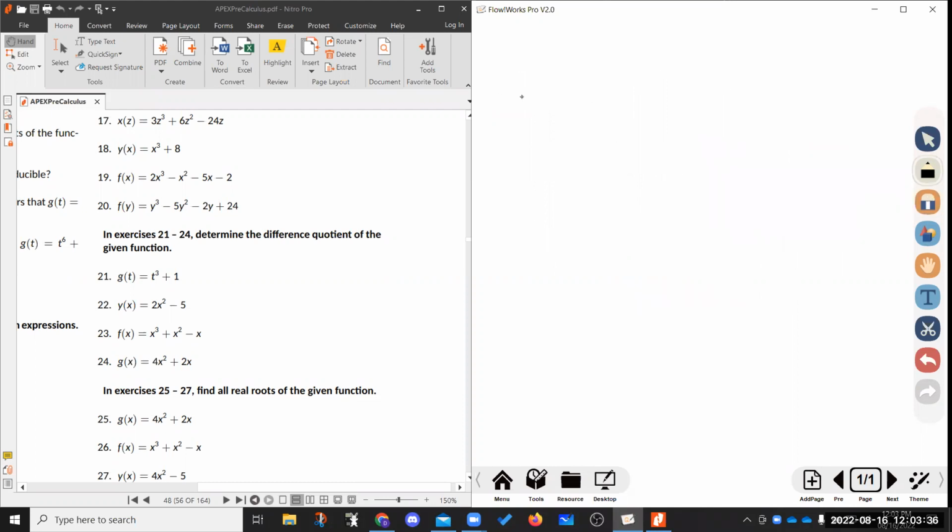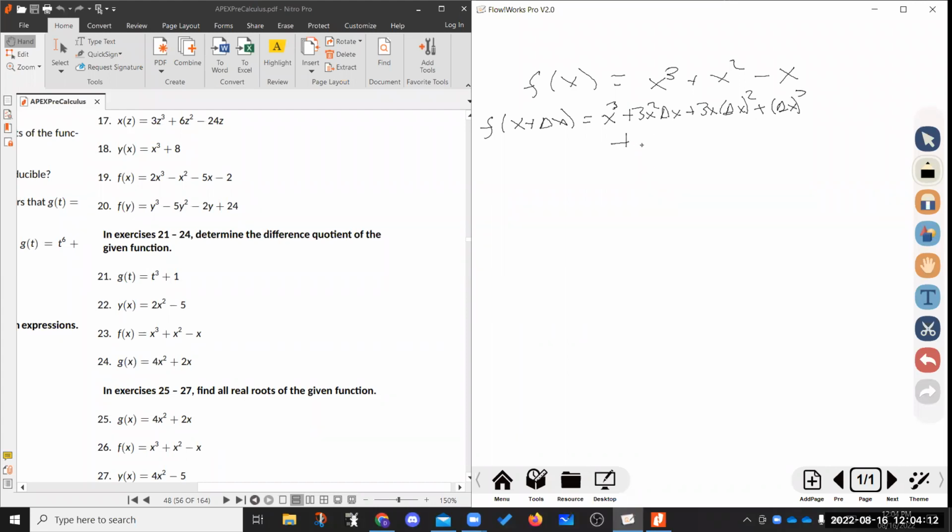Number 23, f of x is equal to x cubed plus x squared minus x. This is really gross. It's going to be big and nasty. I'm going to go ahead and find f of x plus delta x separate from everything else. So this is going to be x to the third plus 3x squared delta x plus 3x delta x squared plus delta x cubed